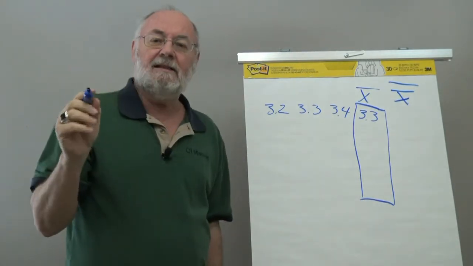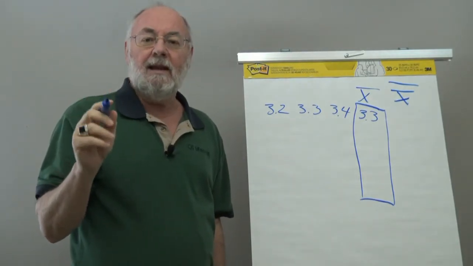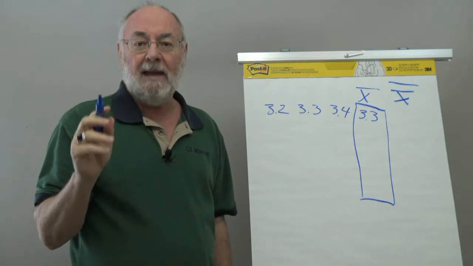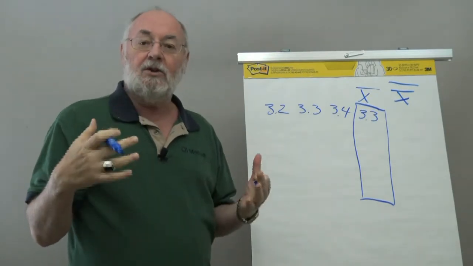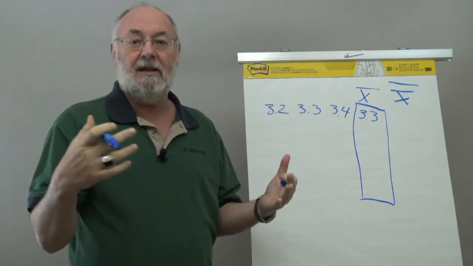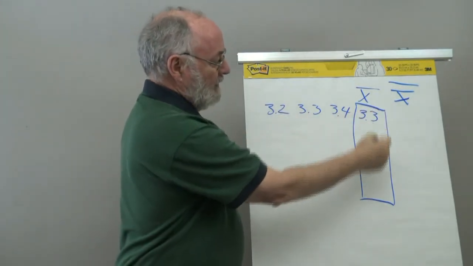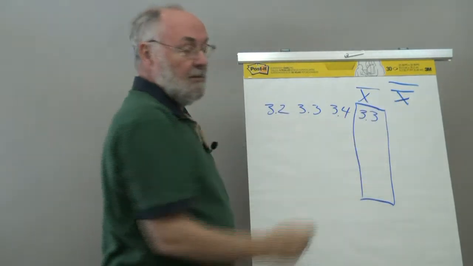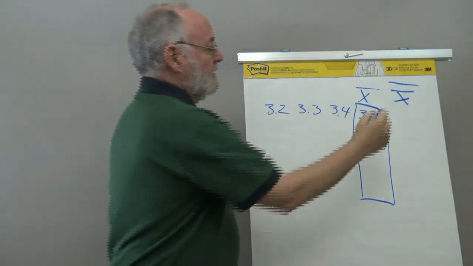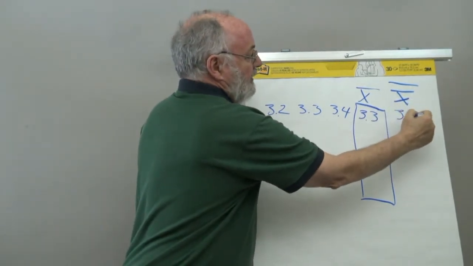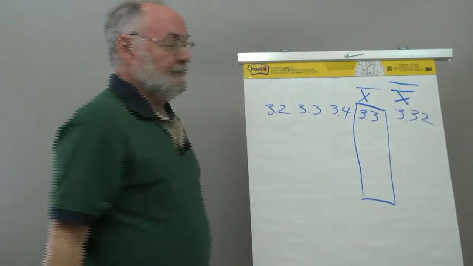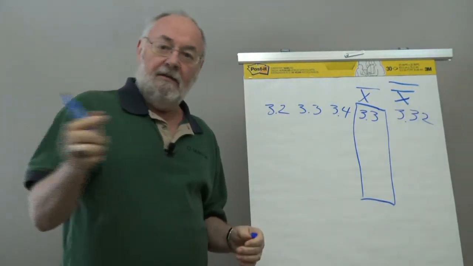But I want you to think that this was done this way for a reason, because we used to have to do it manually. And so what you wanted to do was reduce the complexity of the calculation. So we would average this to get that, and then we could average this to get that number, whatever that number might have been. So let's say that was 3.32 or something for the center line of your control chart.